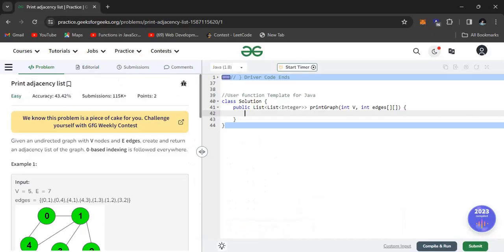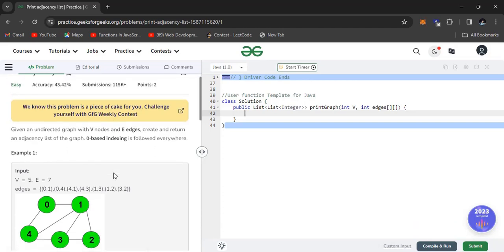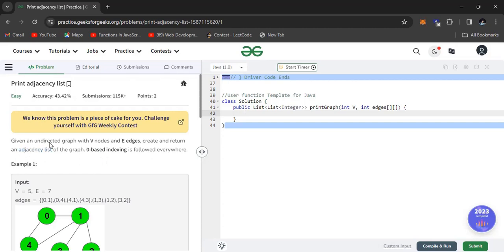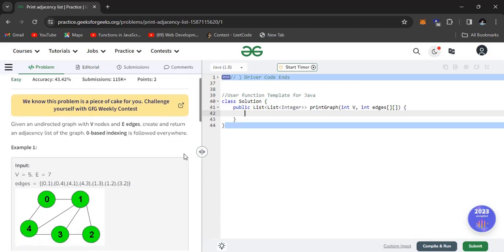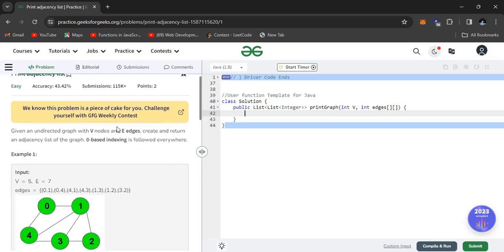Sorry. So this is the Print Adjacency List problem on GFG Practice. It's given an undirected graph with V nodes and E edges. Create and return an adjacency list of the graph, and zero-based indexing is followed everywhere. That means in this question the total number of nodes is V, and all are zero-based indexed, so the naming will be 0 to V minus 1, and E